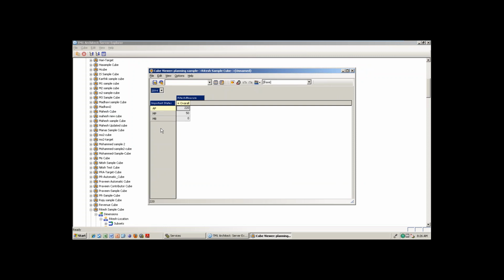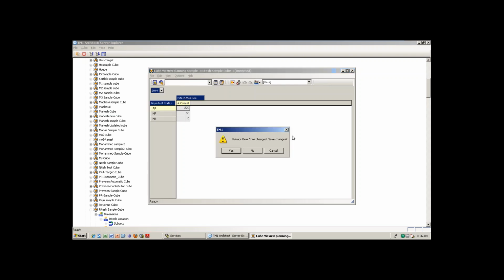You create it first itself. For each dimension you can create your own n number of subsets. A combination of all of them you can save as n number of views. A view is for the entire cube, with different subset combinations, but a subset is only for one dimension. You can create n number of subsets for one dimension.